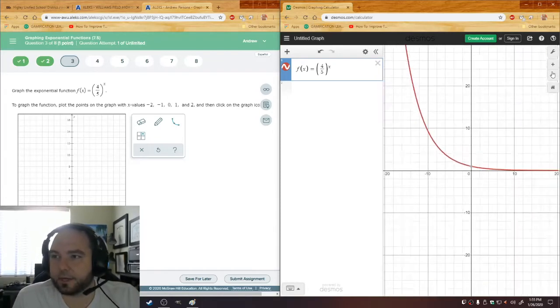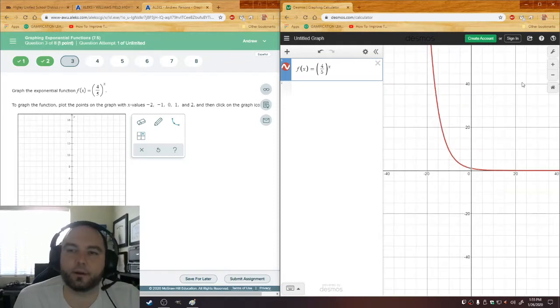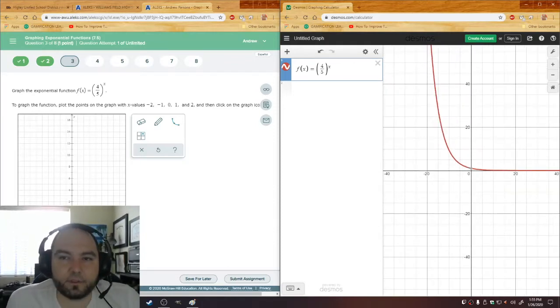Doesn't really matter a ton. Maybe it does a little bit. Might need to zoom out a little bit here and there on yours. Now, it says to graph the function,